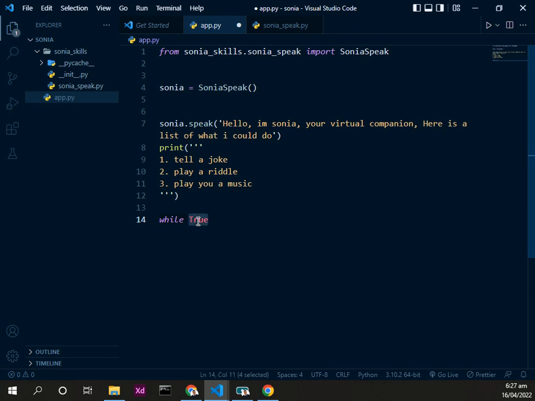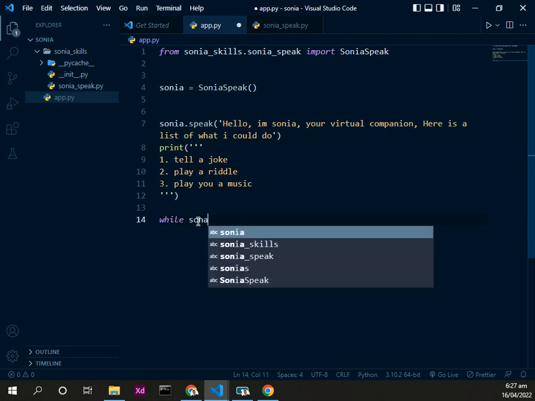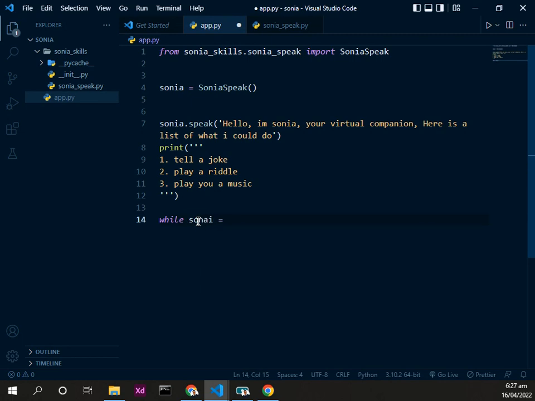Most times it's with speed. You could see programmers saying while one, while one, or they could perform a logic that says while Sonia is equal to speaking. So while Sonia is still speaking, this would run, right? But we want to say while true here. And then the next thing that happens is inside of this would all run first.